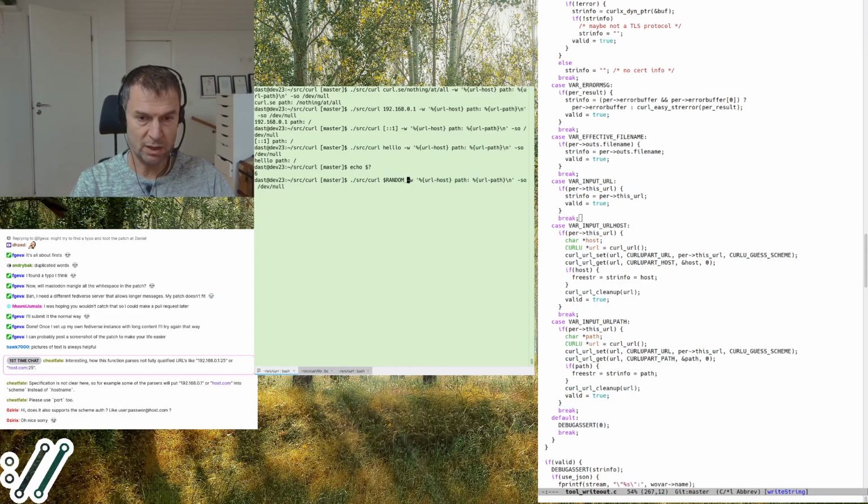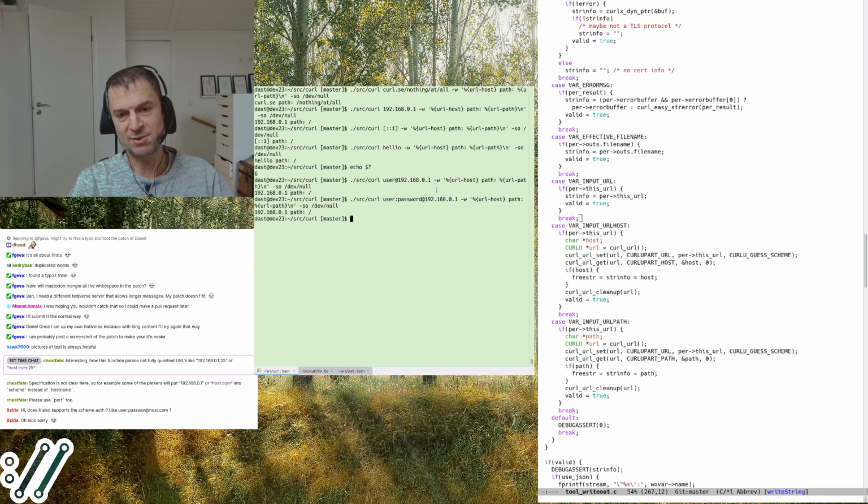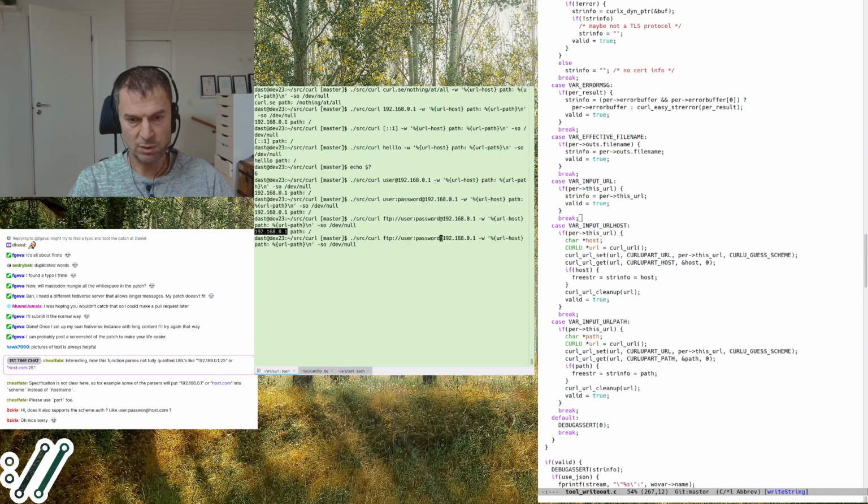Yeah, it would work the same way even if you do a user component, like user at, or password, like this. It's the same thing. Well, it's not the same thing. It is still a URL, and the URL is still parsed by the curl URL parser, so it'll still get the host name, right? Or you could do FTP, right? It would still work. It still extracts the host name here, so it's still the same host name. So it doesn't matter what kind of, as long as the URL is parsable.